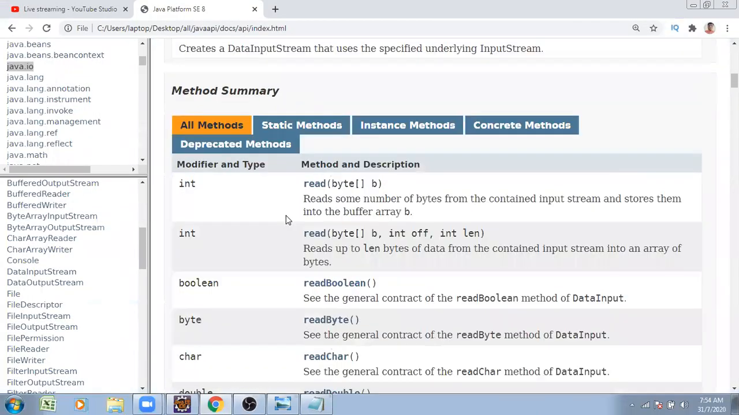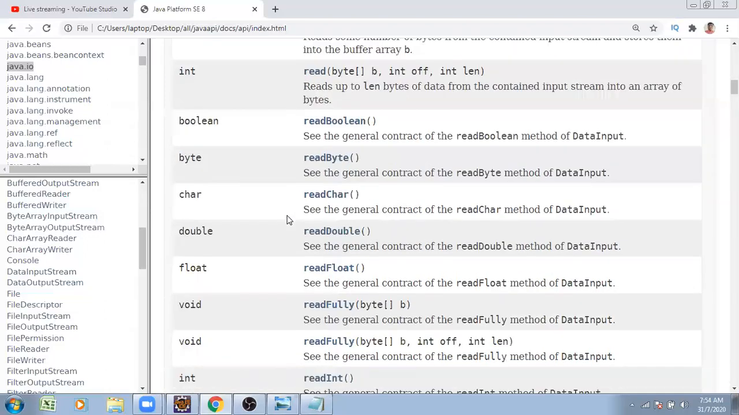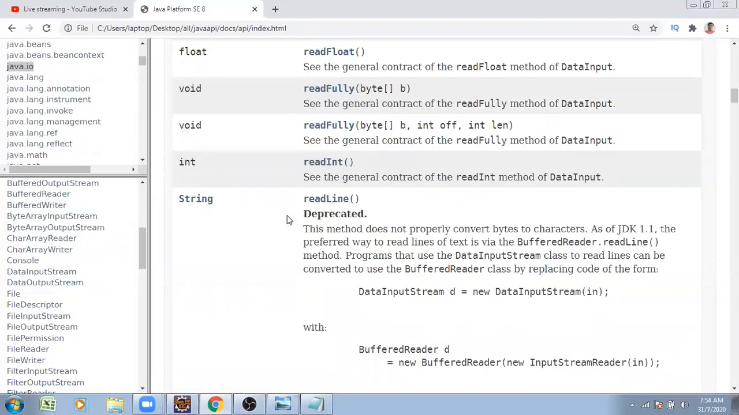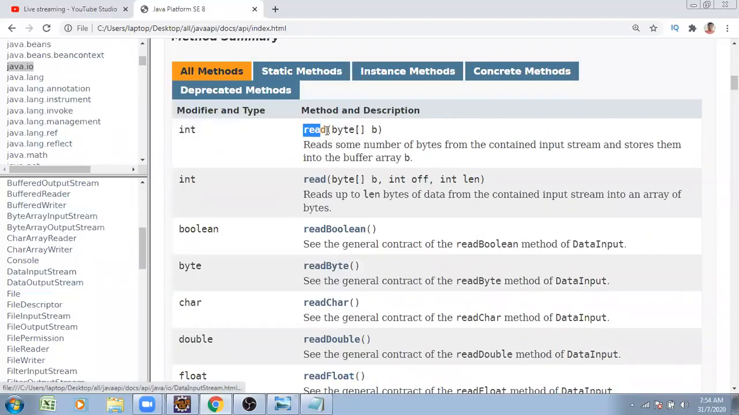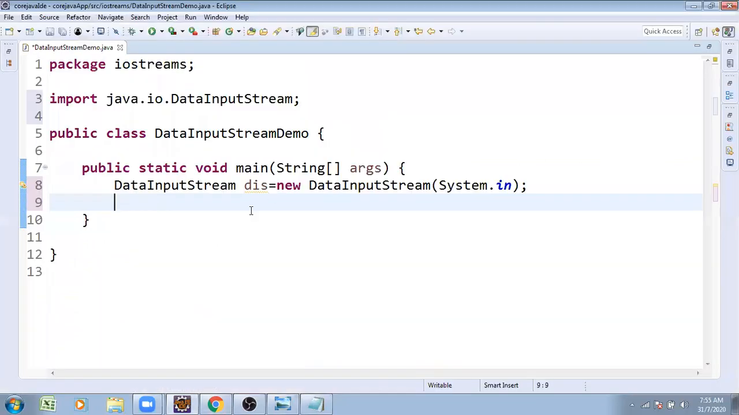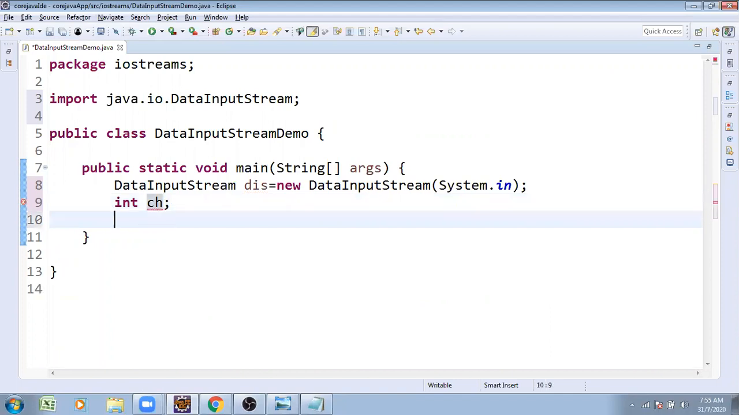Here you find n number of methods. I wanted to use one method name, that method name is read method. Read method is used for continuous flow of data. But the read method return type is integer type, int ch. So I wanted to take the data in a continuous manner, while